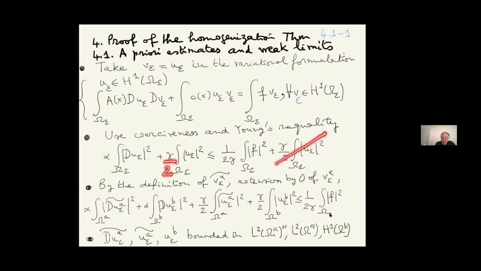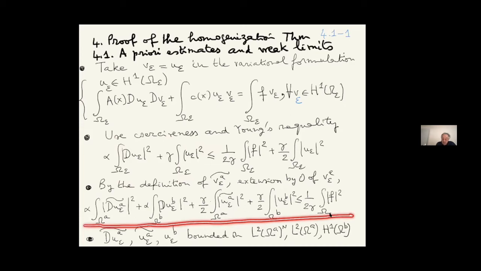Okay, we make the difference and we get that this sum here will be less than this value here. But in the right-hand side I can augment this constant just by taking 1 over 2 gamma, the norm of f in L2 of omega and no more of omega epsilon, squared. And I get, using the twiddle, which consists in replacing omega epsilon by omega at the price of putting a twiddle on u epsilon and on the gradient of u epsilon, this inequality,